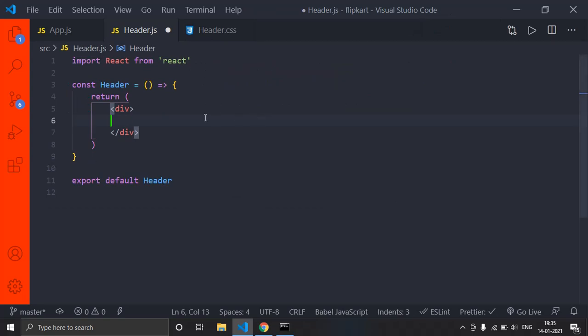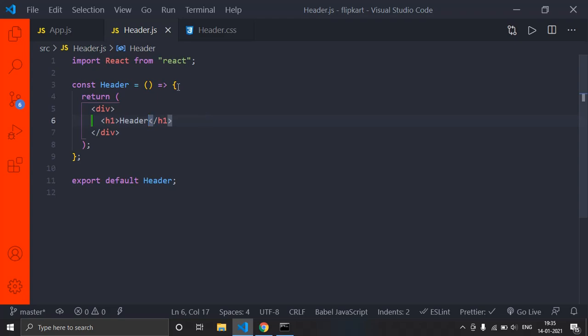So what I'll do is I'll just take another h1, and in order to get the h1, what you will do is just type in h1 and just press tab. It will create an h1 element or tag for you, and I will just type in, this is the header, right? So I'll just type in header. Now just press Ctrl S, save. We have created our component, right?